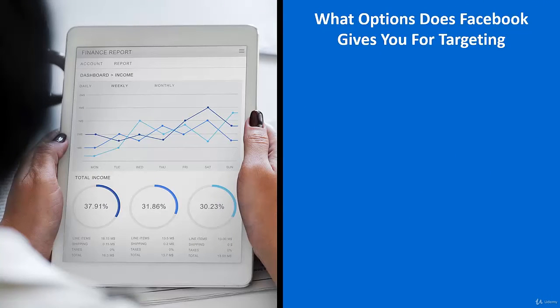What options does Facebook give you for targeting? As I mentioned several times in this training, Facebook can actually help you target your demographics in many ways. Here are just some of the many robust targeting options available on Facebook. Lookalike audience. This feature allows you to profile your existing audience or people who have already interacted with your brand. The hope is that once you figure out the profile of the person who's already interested in your brand and apply it to filter people who haven't seen your brand before,